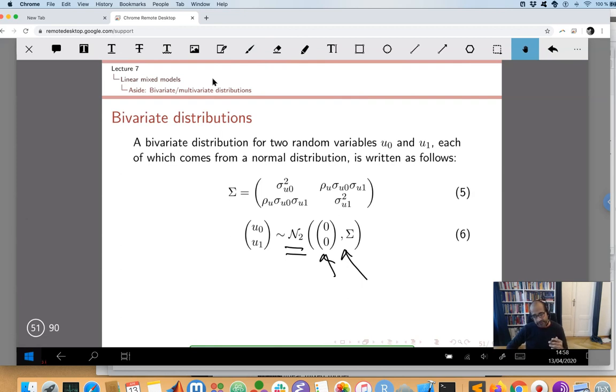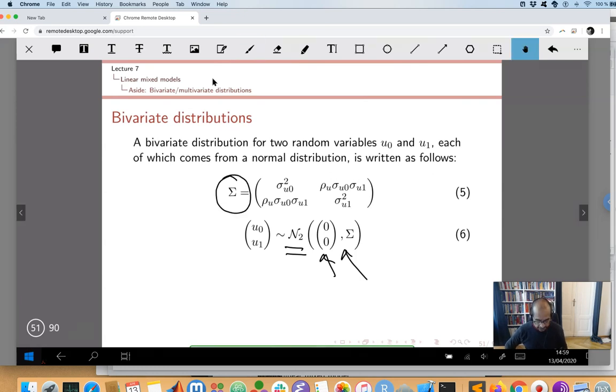It's not just a standard deviation, because there are 3 pieces of information that have to be conveyed in a bivariate distribution. One piece of information is the standard deviation of the first random variable. The second piece of information is the standard deviation of the second random variable, and the third piece of information is the correlation between the two, right? So that's why the way that we express the variance in a bivariate distribution is in terms of a so-called